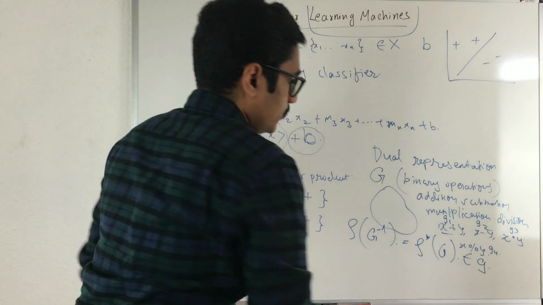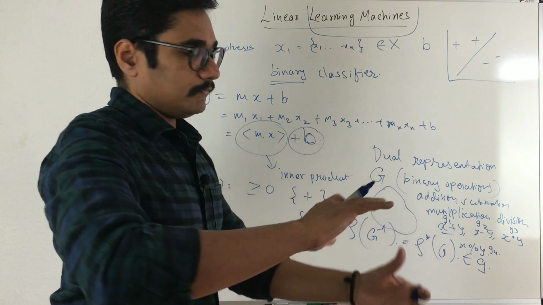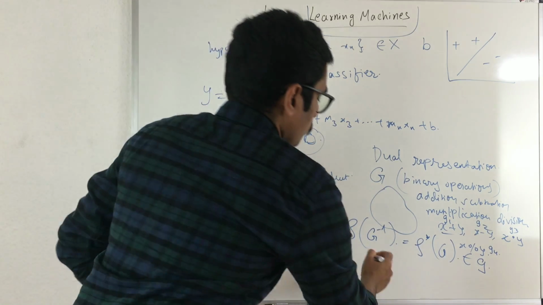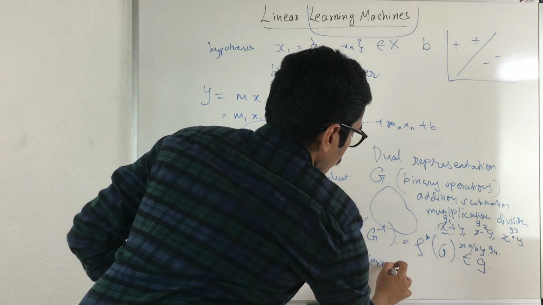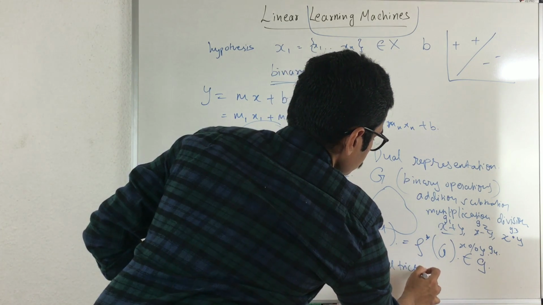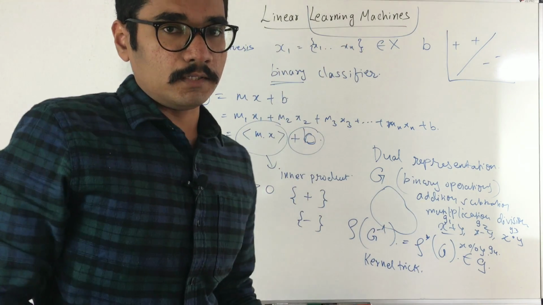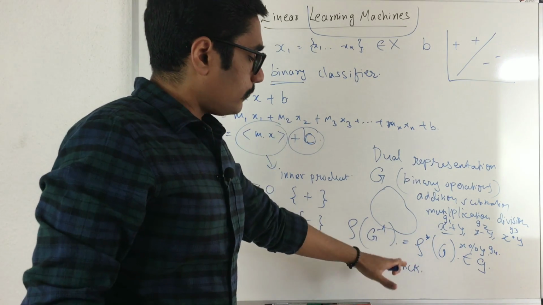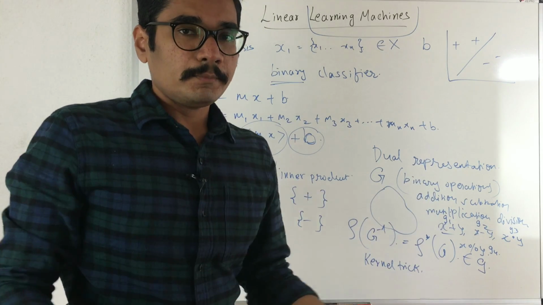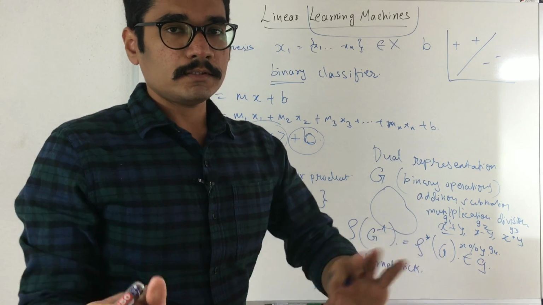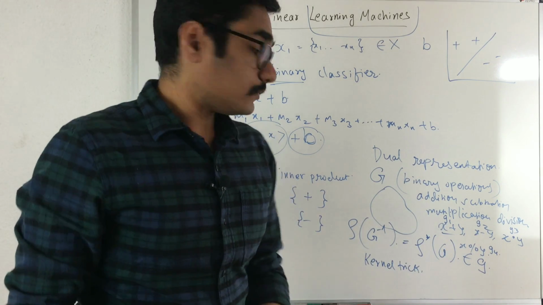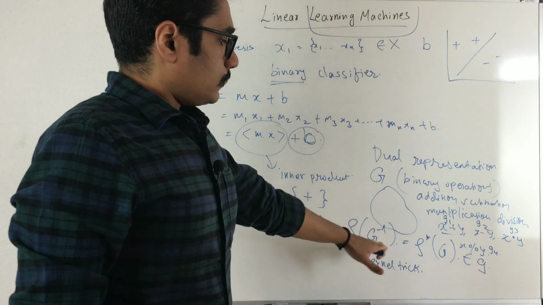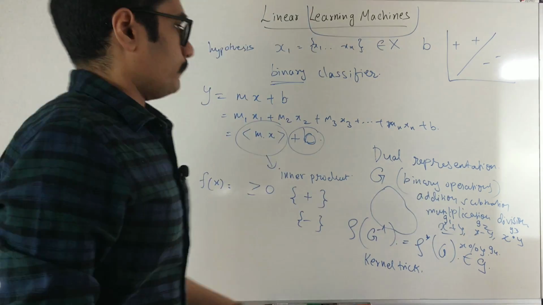So essentially, if you are implementing this dual representation in SVM, you can apply something called a kernel trick. SVM is all about kernels, right? So you can apply a kernel trick there, and behind the hood, whatever mathematics or algebra it is making use of is probably with the help of this dual representation. So that's where this comes into the picture.